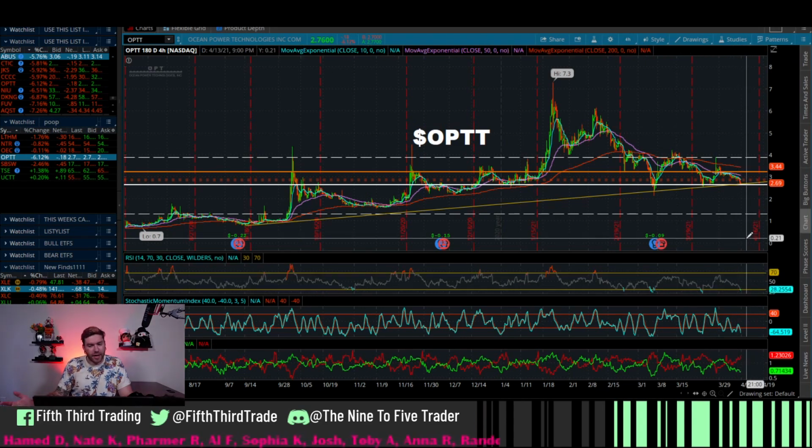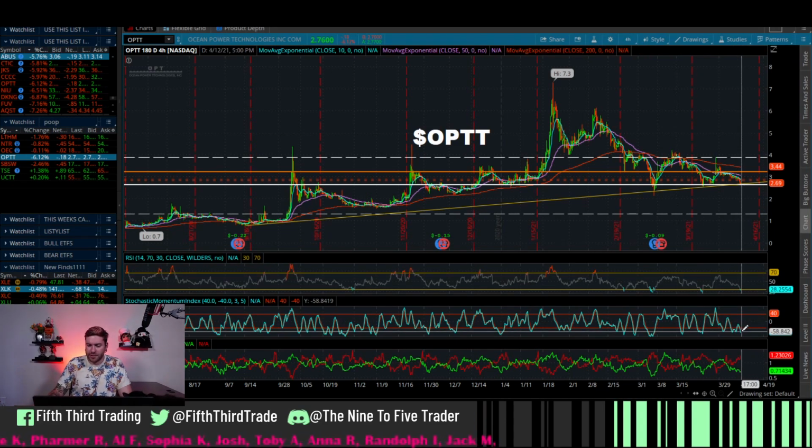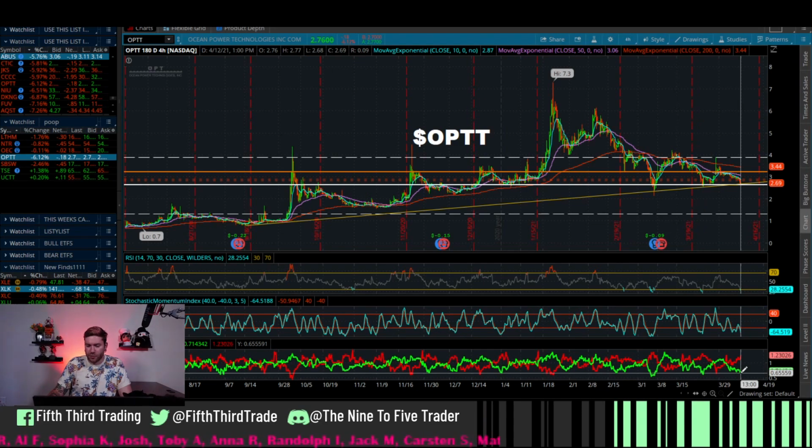RSI is below 30, exactly where we want it. Stochastic is low, exactly where we want it. And then the vortex is low, exactly where we want it. A lot of great stuff sliding in for OPTT. But we have to make sure, even in this kind of market with this kind of great deal, stop losses and risk management is always going to be the number one goal. So make sure while you move forward with OPTT, if you do purchase it, you have a stop loss, you have a plan, and everything's ready to go, because you can get burned very quickly. We've been seeing a lot of sell-offs recently, and OPTT will sell off harder than other tickers. So make sure you guys are prepared for a stop loss strategy.